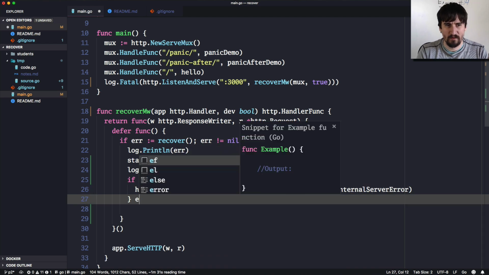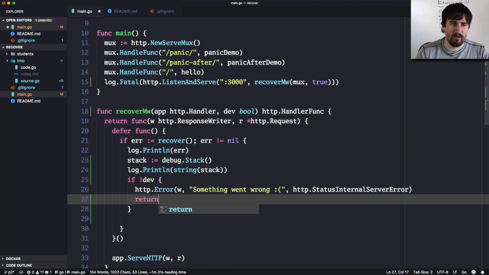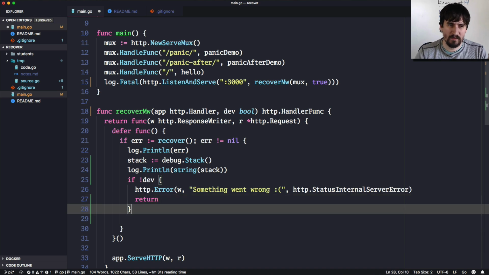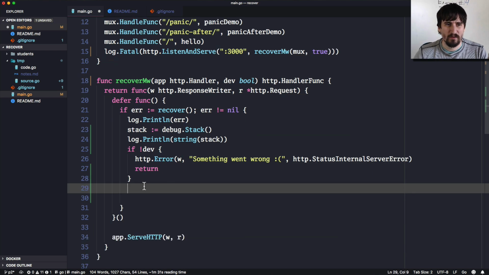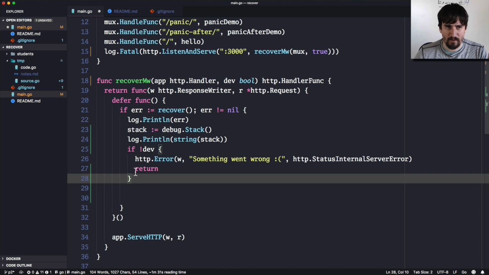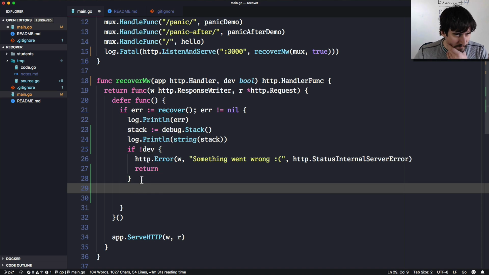Actually, I'm just going to put this in, well, so we could put a return here. That's fine. It's kind of up to you as to how you want to style this. So you could do that, or you could do an if else. It's really whatever you think makes the most sense here. So what we're going to do if we are in dev is we're going to print something like